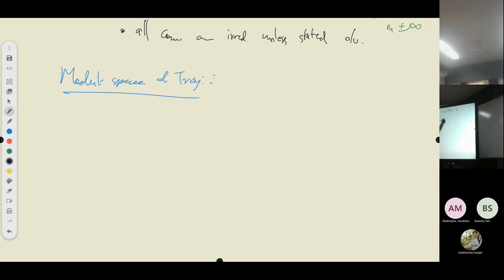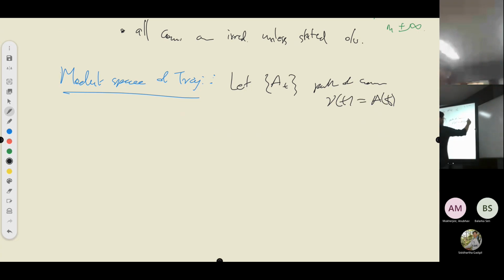So, towards that goal, let A_t be a path of connections. What I mean by that is gamma t equals A sub t is your path of connections. Then the gradient trajectory, which was